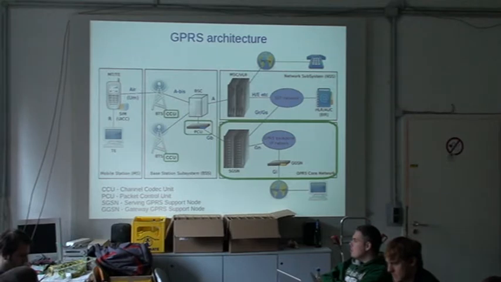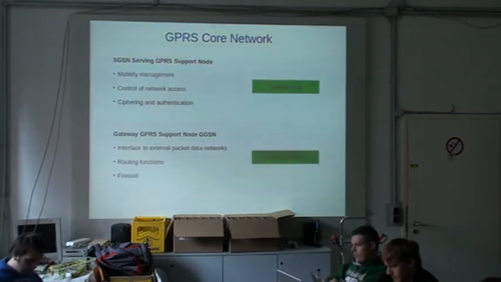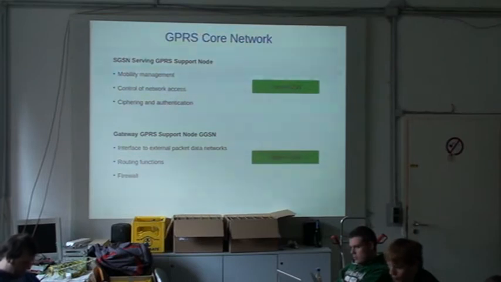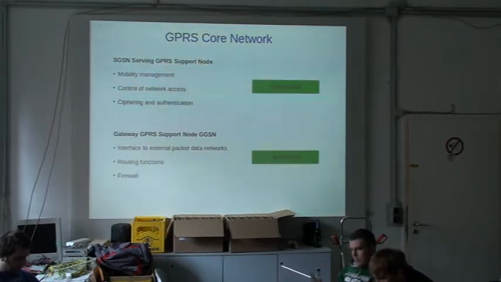Okay, now let me describe GPRS core network in details. It consists of SGSN and GGSN. The main tasks of SGSN are mobility management, control of network access, and ciphering and authentication. And GGSN provides just an interface to external packet data networks and some routing functions and firewall functions to protect the network from